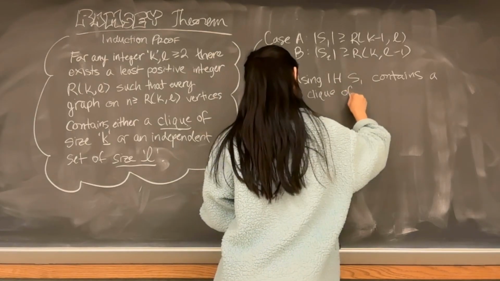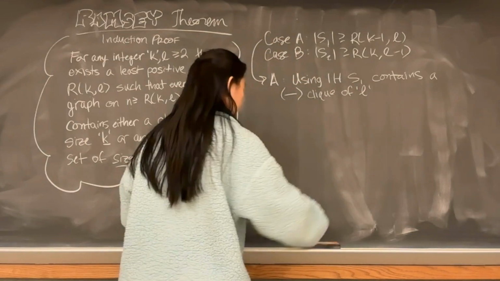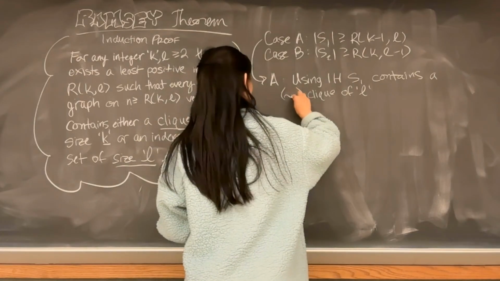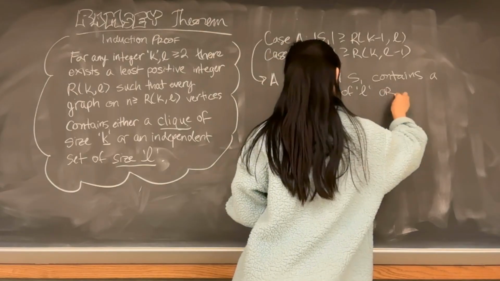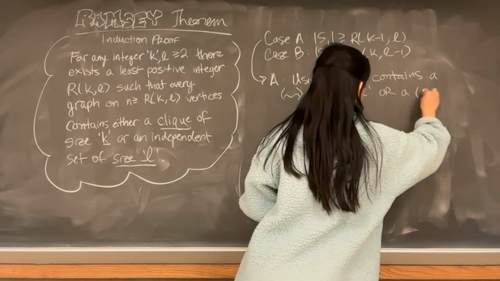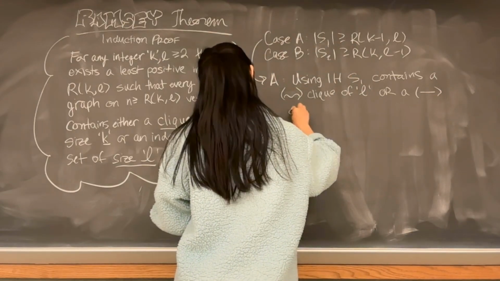Oh, I apologize, L was the squiggly line. So it contains a squiggly line clique of L, or it contains a straight line clique of